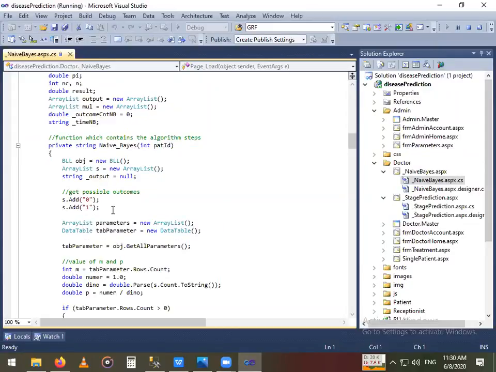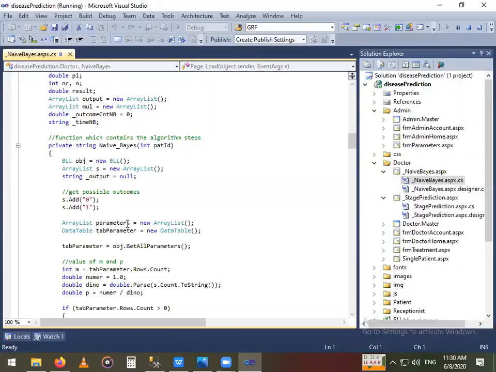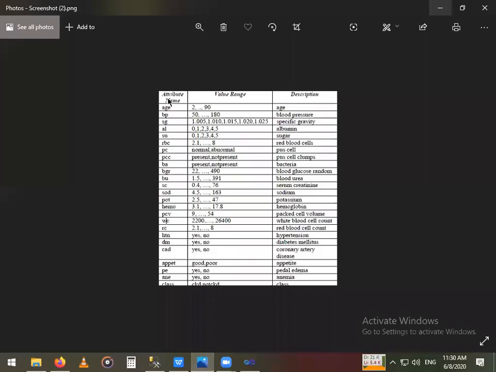That is 0 means no and 1 means yes. And the parameters array list contains all the 24 parameters that are used to predict whether a person is suffering from CKD or not. Now let me show the different parameters that are used. These are the 24 different parameters that are used.